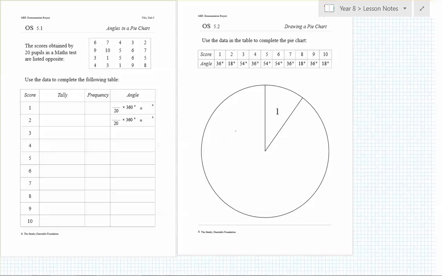It's about a fraction of an amount. So what a pie chart shows is how much of one thing there is compared to another, rather than how much of one thing there are. Now we can work out how much of something there is, and that's how we create the pie chart in the first place. But if I give you a pie chart, there's one piece of information you have to have written on that pie chart